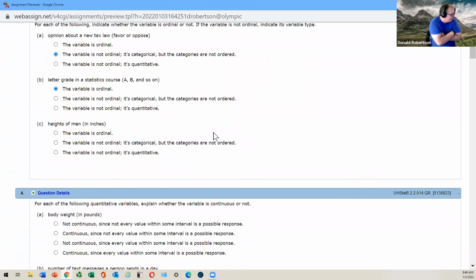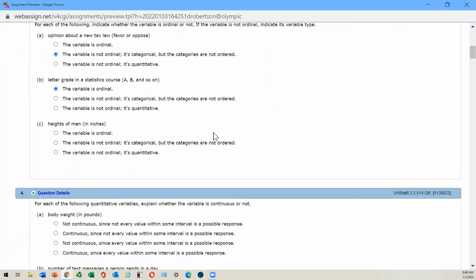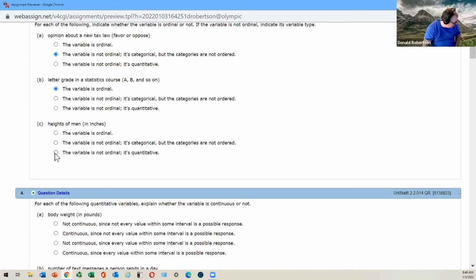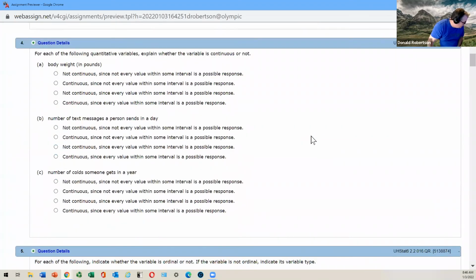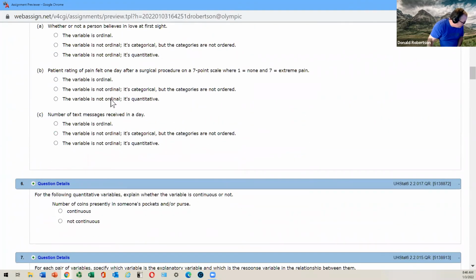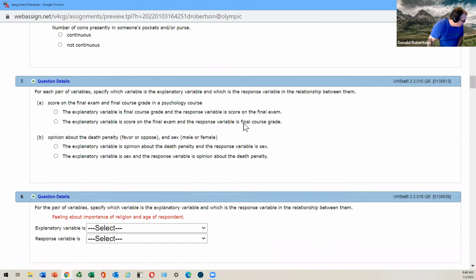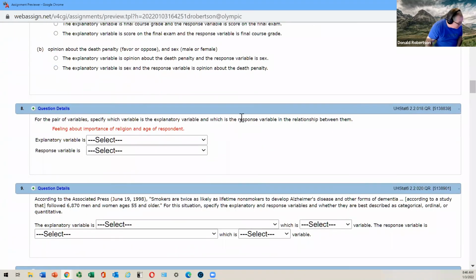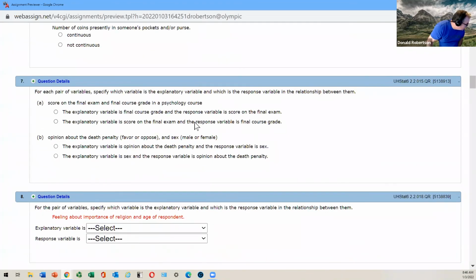The height of men in inches. So the height of anybody. Quantitative. Right, so it would be the third dot. Are we getting a feel for how easy your homework's going to be, at least at the start, right? You're going to get some questions, don't overthink it yet. Maybe some of the later ones you might have to think a bit harder, but right now, that's it. I'm not going to do any of these, but can you see they're very similar to the ones we've already covered? They have some continuous ones here.